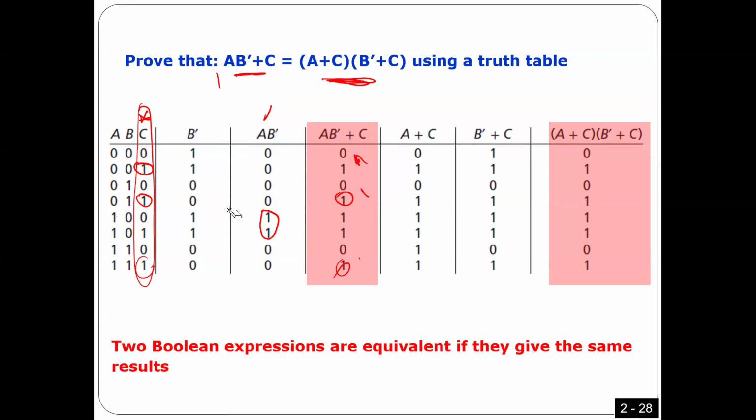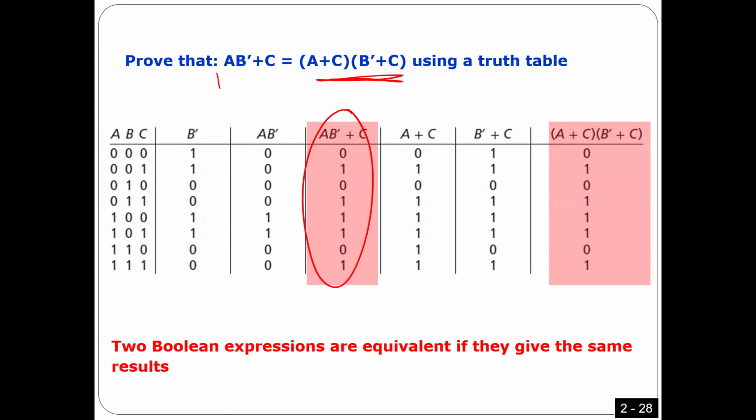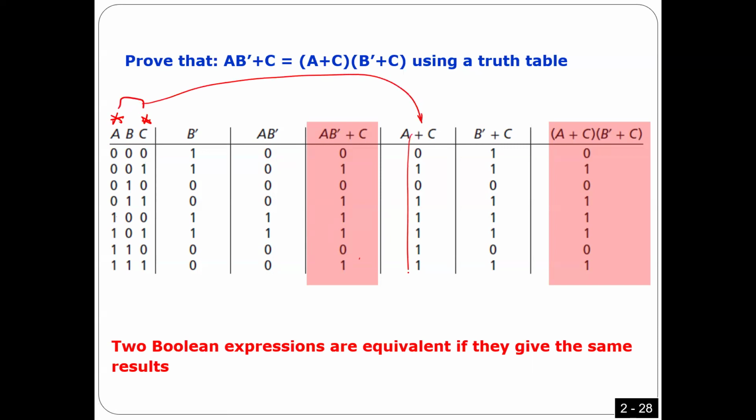Anyway, so after that, I calculated the first term here. Now I want to calculate the second term. To calculate the second term, I need to make a column for this one, and then do AND. So that's what I did. I have A here, and I have C, so all I have to do is AND between A and C, and this creates this